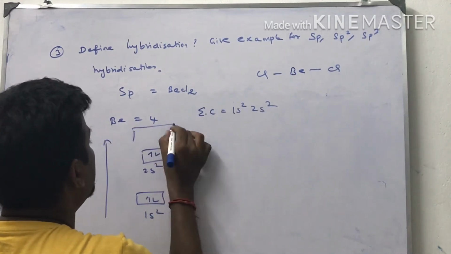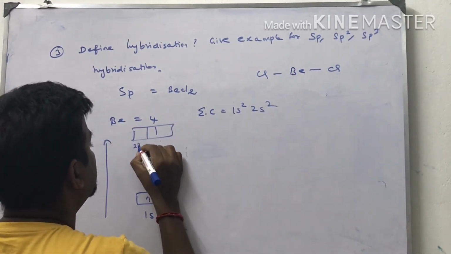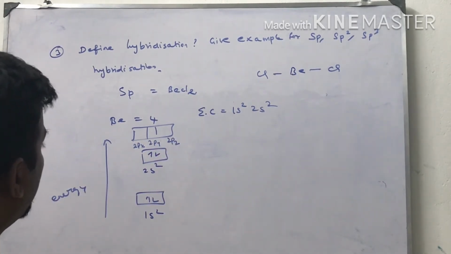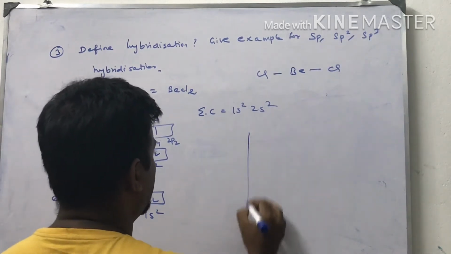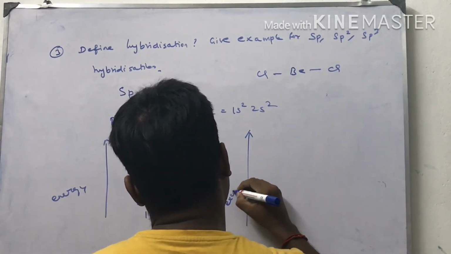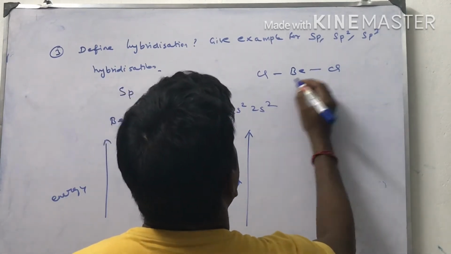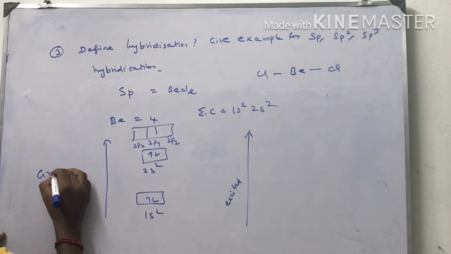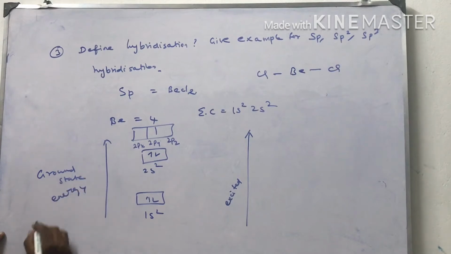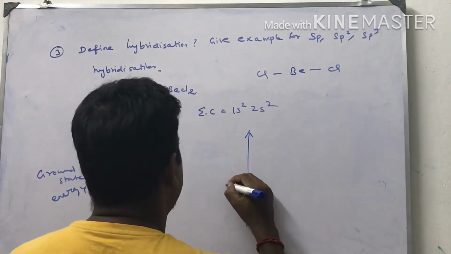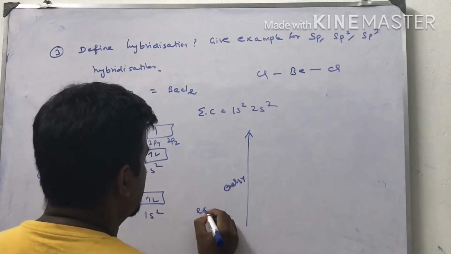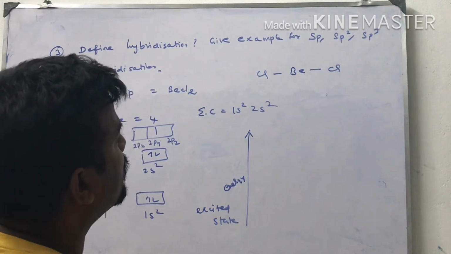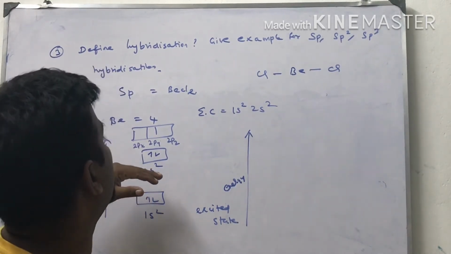Next one is 2p here. 2p orbital: 2px, 2py and 2pz. Okay. So now one electron from the 2s orbital goes to an excited energy state, in BeCl2. This is the ground state energy configuration, and this is the excited state energy configuration. Due to the interaction of chlorine with beryllium, an electron from the 2s orbital is promoted